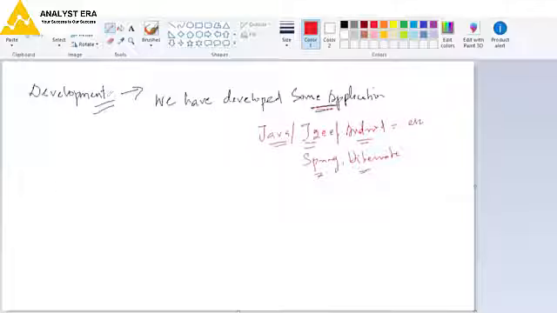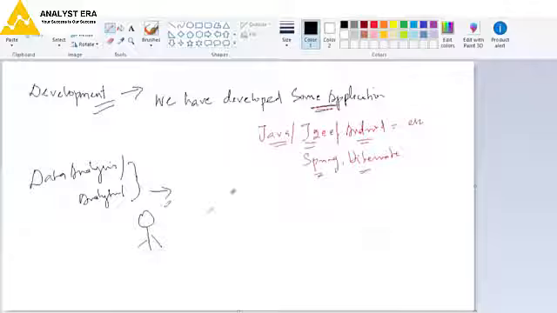Another part is data analytics, data analysis. So what do data analytics and data analysis mean? The applications are used by the end user.